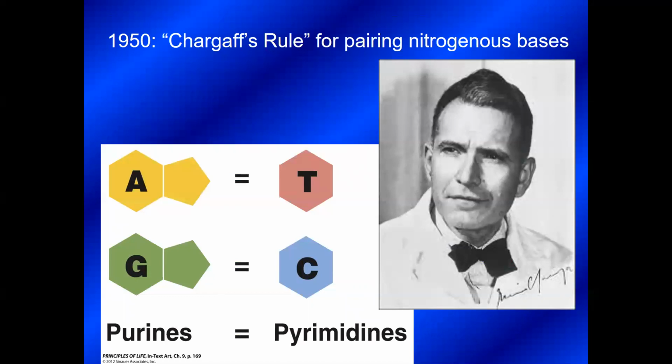And what he found in 1950 through looking at DNA was that the mass of adenine and thymine in any one piece of DNA or any one chromosome, usually those two masses of adenine and thymine equaled each other. The same thing he found out was that guanine and cytosine always evened out, always had the same amount of mass. So essentially, he found that the mass of purines always equaled the mass of pyrimidines in any one piece